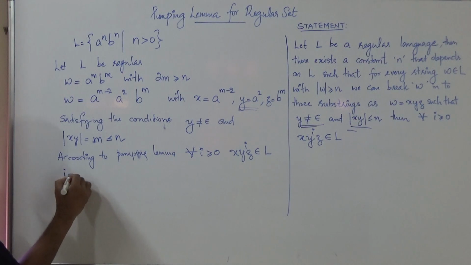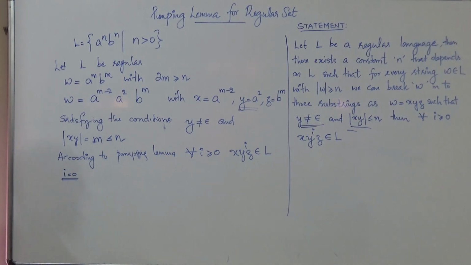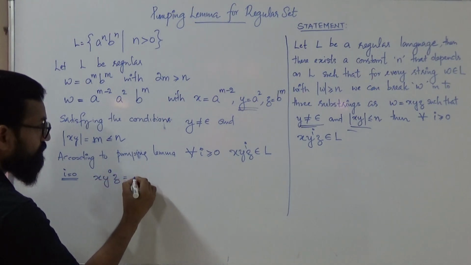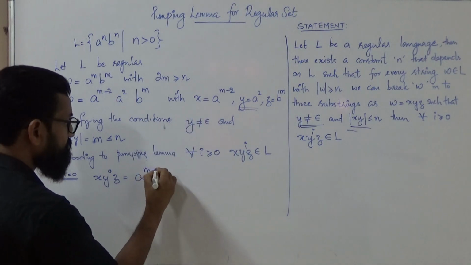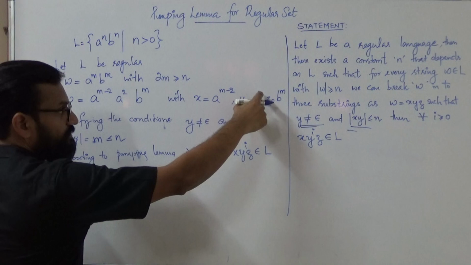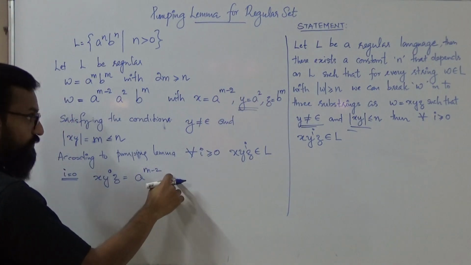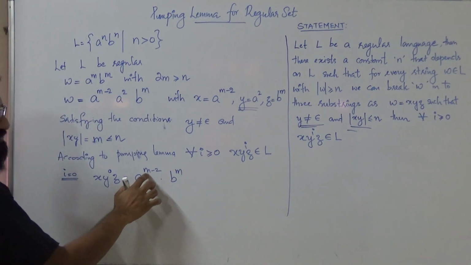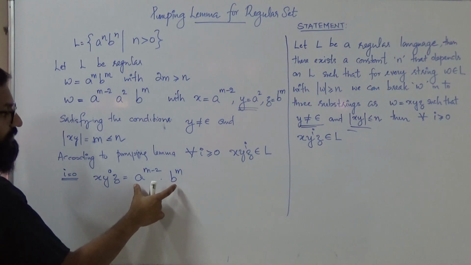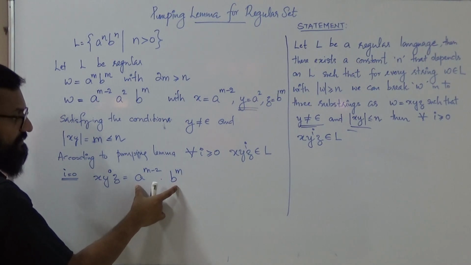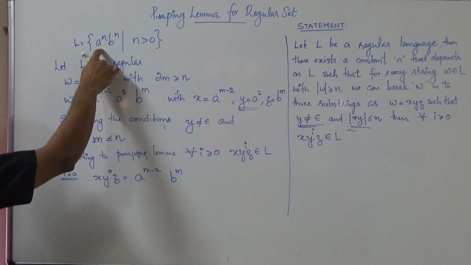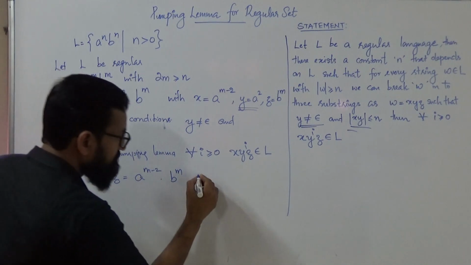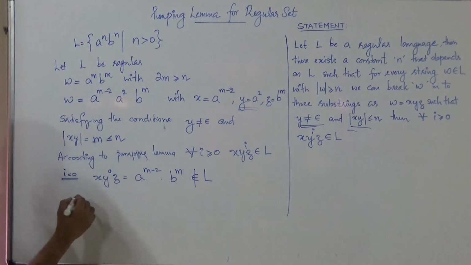So let us take i equal to 0. What happens if i equal to 0? x y raised to 0 z will be equal to, what is x? x is a raised to m minus 2. Then y raised to 0 means 0 occurrence of y, so a square will not be there, concatenated with z, b raised to m. So we get a raised to m minus 2 b raised to m. This particular string violates the condition to be satisfied by the strings that belong to this language. Here the number of a's is not the same as the number of b's. So this does not belong to L. That contradicts